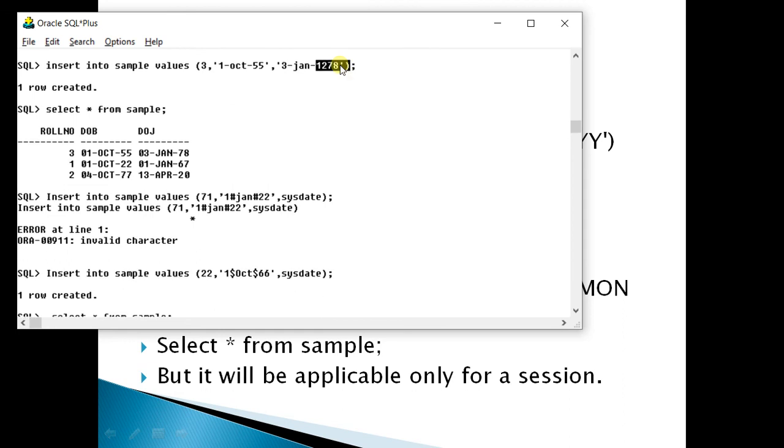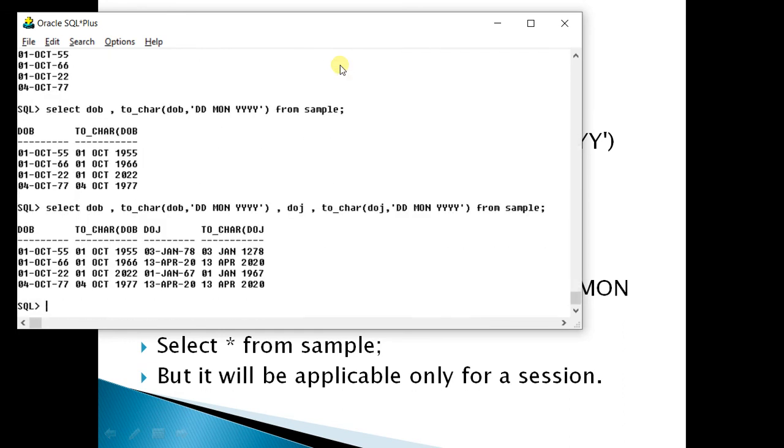This 1278 is displayed as 1278. Normally it was displayed as 12 November 78, but now 1278. 55 is stored as 1955, sysdate is stored as 2020, 67 as 1967, and so on. This is how you can view the full four characters of the year.